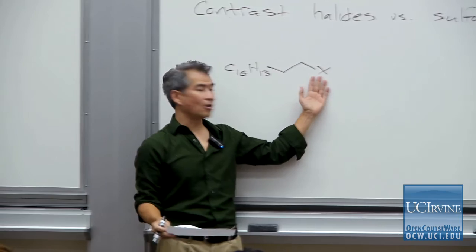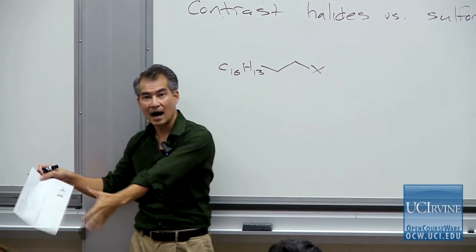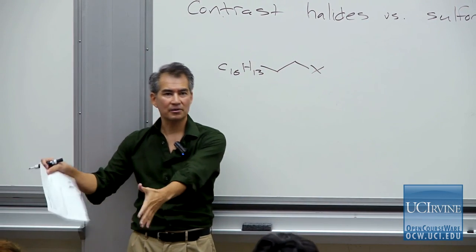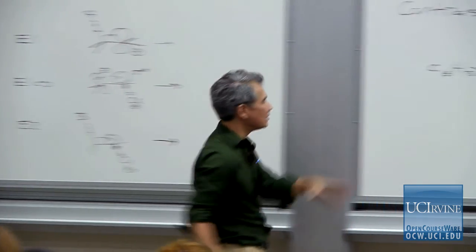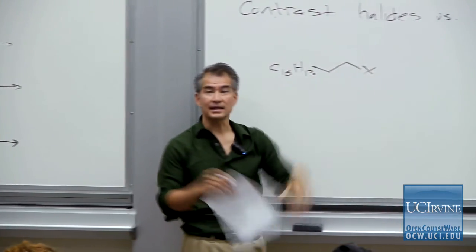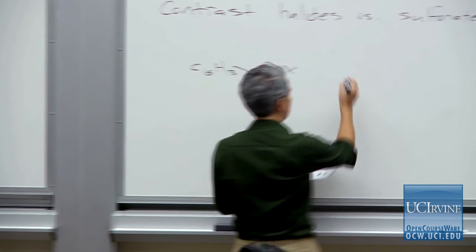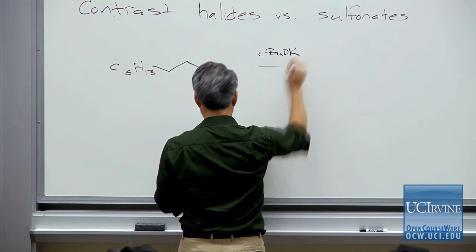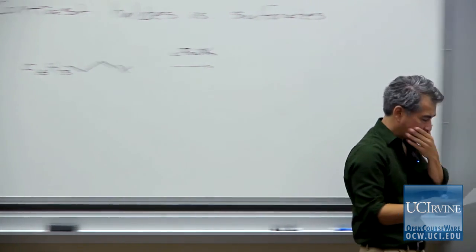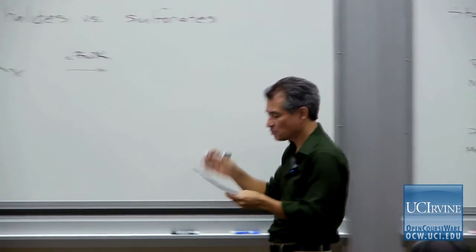So if you have an alcohol here, you can choose to convert it into a bromide using PBr3 or the Appel reaction we'll talk about later with triphenylphosphine. Or you can convert the alcohol into a tosylate leaving group. And so which one should you choose? Well, it depends on what you want to happen in these reactions. So you have a choice between SN2 products